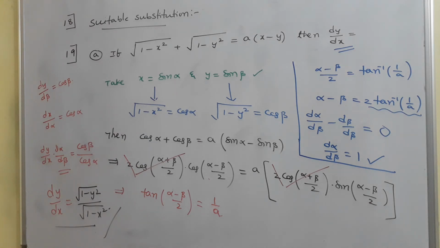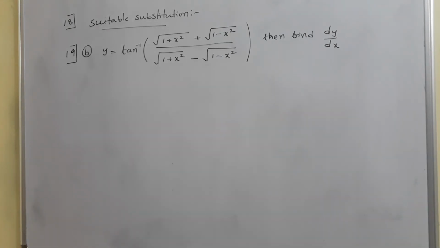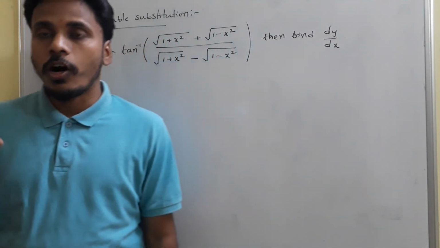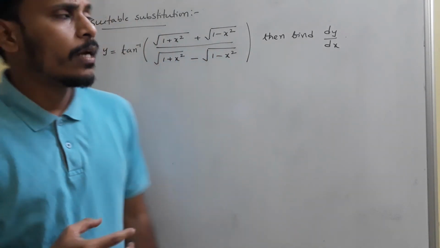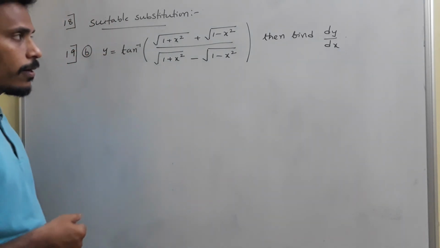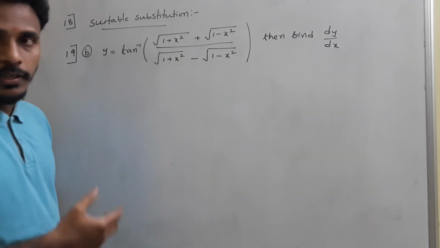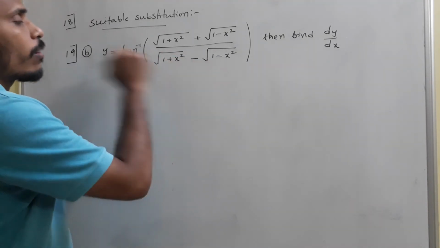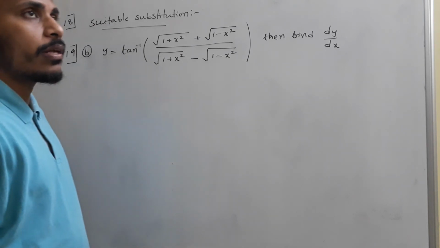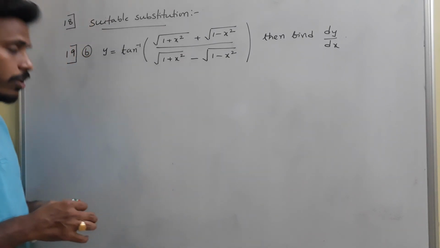Have a look. I will give you another problem to solve in this suitable substitution method. So to choose a suitable substitution, we need to recall all the properties and formulas from trigonometry. Just observe here. Here we need to replace x with a certain trigonometric term to get dy by dx easily. Since 1 plus x square and 1 minus x square are involved, from trigonometry we have the 1 plus cos 2 theta and 1 minus cos 2 theta formulas.